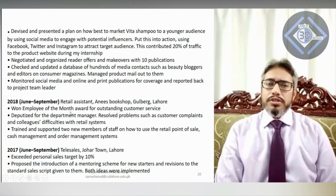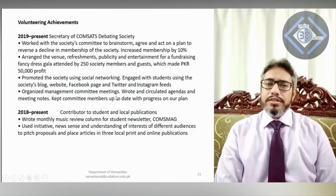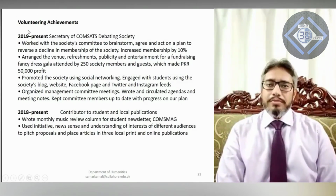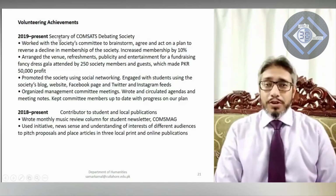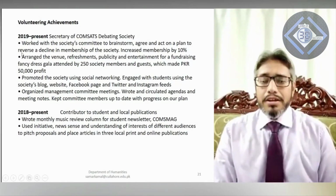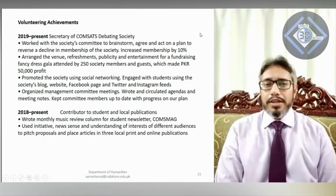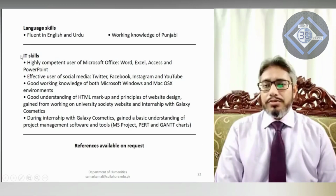If you further scroll down, you will find something related to IT skills here, and in between IT skills and work experience, I find an interesting heading. Look at this. Most of you must have been doing all these activities that this boy has mentioned, but very few of you might have ever thought of including those activities in your CVs. Excellent. I really liked this part of this CV. Then IT skills and the way he has used and applied these IT skills, and towards the end,